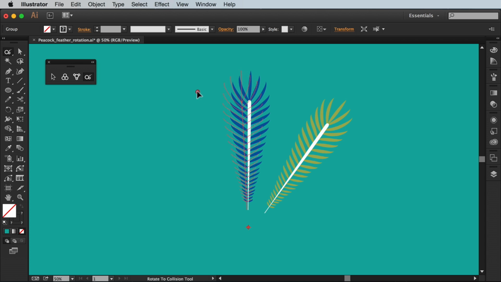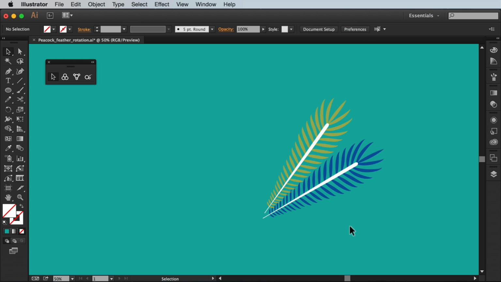So now if I click and drag on or around the selected object, you'll see that it rotates around my centre point and collides with any objects it comes into contact with. You'll see those familiar pink dots appear, which means they have collided and so are perfectly aligned. Remember, in order to release the object, just let go of the mouse.